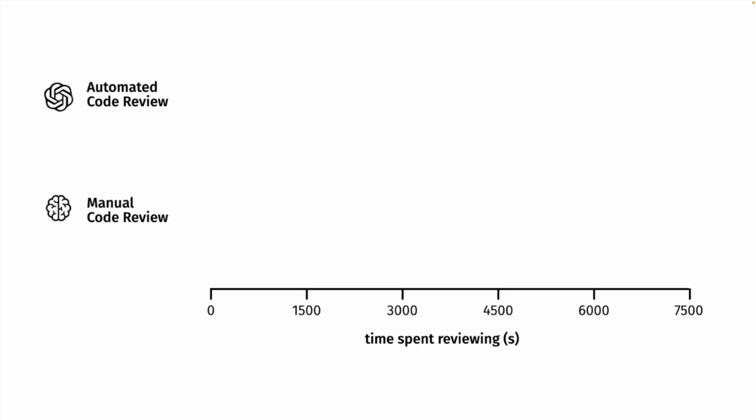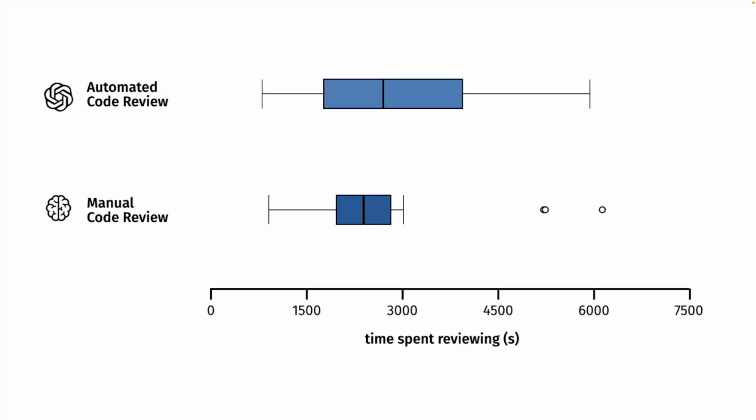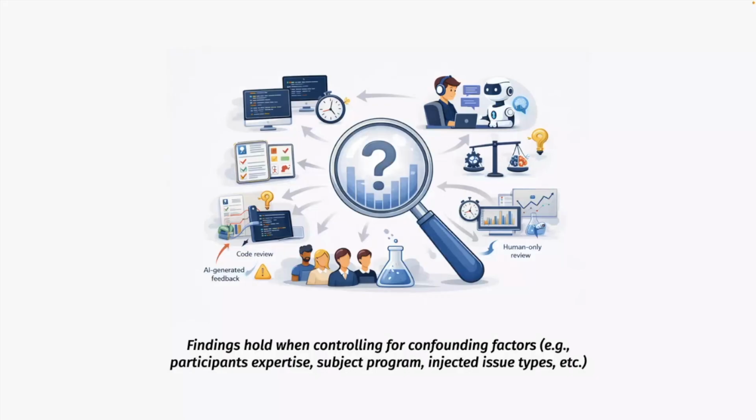What about the time spent reviewing? Manual code review was like this, you see the time in seconds. But if you look at the automated code review, it was actually longer. So they didn't save time. Why? Because they spent a lot of time reading the suggestions by the AI, going back to the code, and checking whether the suggestion was good or not. And then they also had to add on top if they wanted, and not all of them did that. So of course, this results in the fact that you are not really saving time. I just want to mention that all the findings that you see here hold when you create a regression model and control for all confounding factors. These things are all confirmed.